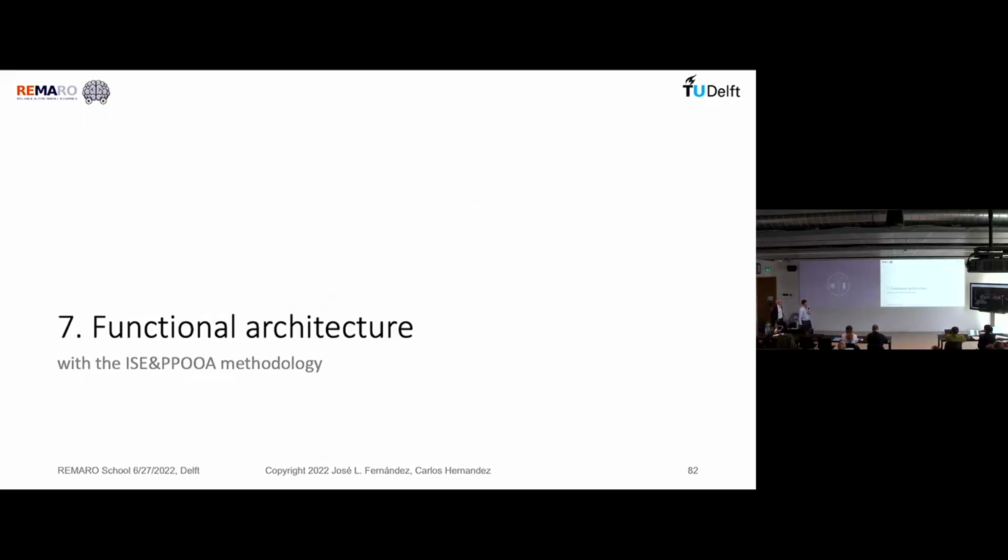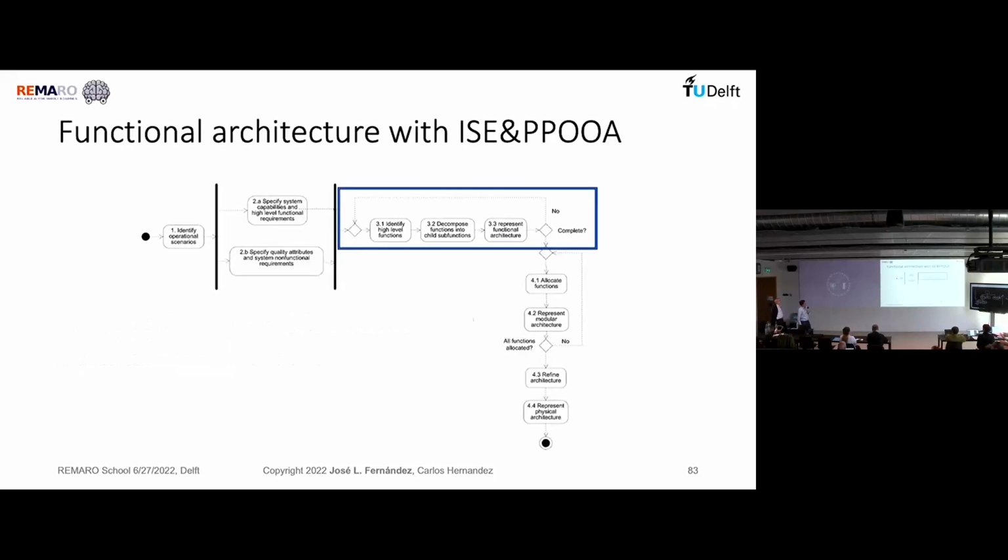So we are going to be discussing the functional architecture. We have already discussed a lot, so I'm going to go quickly. We are going to be focusing on this part, where we identify, we decompose, we represent. It's actually quite mixed with the allocation, because it's an iterative process. So even if we focus on that part, it's mixed with allocation, but we are not going to enter into the details of allocating,